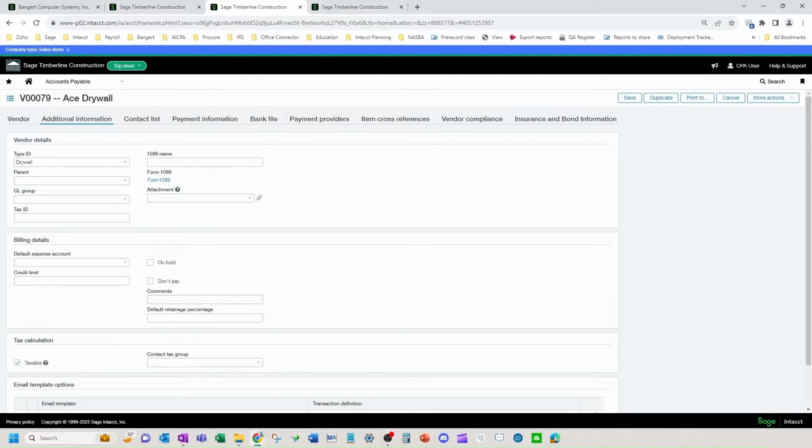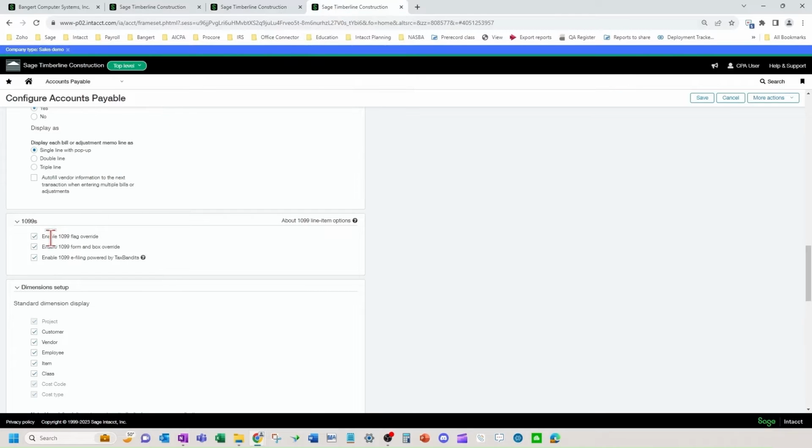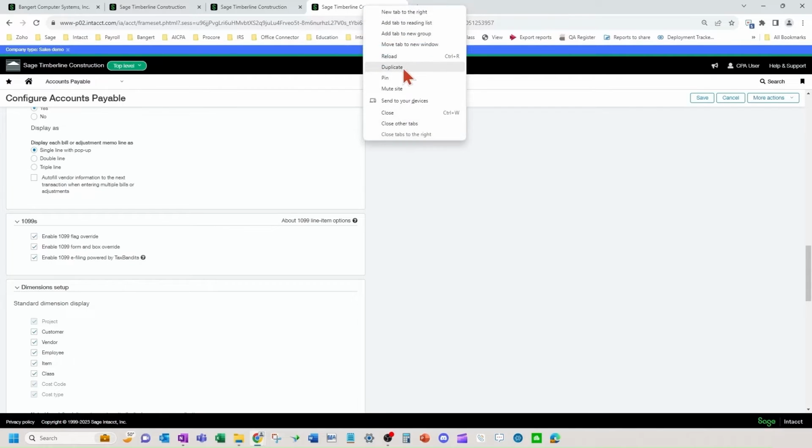Also, let's say you have a vendor where some of the amounts on their bills are 1099 reportable and some are not. You want to make sure that your settings are turned on in accounts payable to enable the override upon entry on the AP bills. So you want to make sure these overrides are on so that you can do some changes on the accounts payable bill screen to say whether that bill is 1099 reportable or not. So for example,